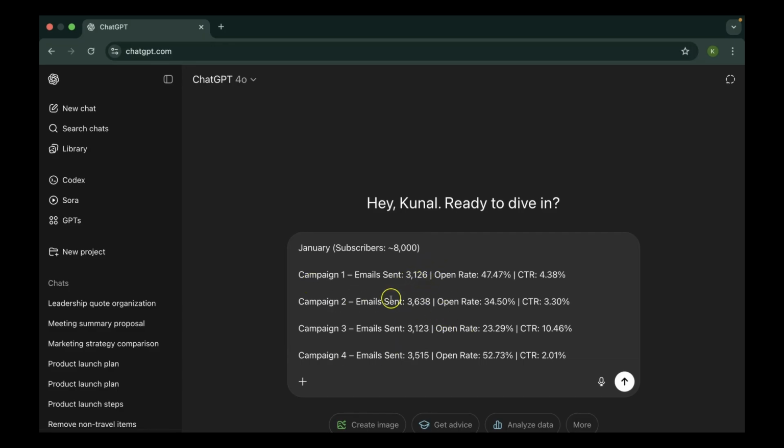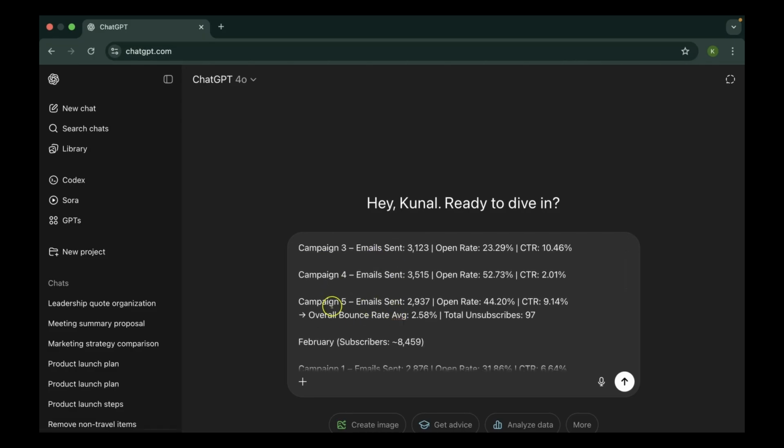So emails sent for campaign 1 is 3,000. This is the open rate, so 47%, and this is the click-through rate. So people have opened it, but haven't clicked through whatever I'm selling. Now this is for campaign 2, and this is just for January. I have 5 campaigns there, and there's the overall bounce rate, which is particularly 2.58%, and